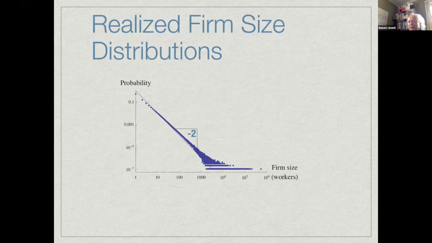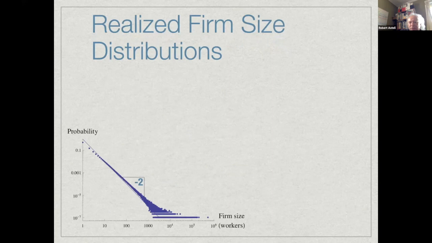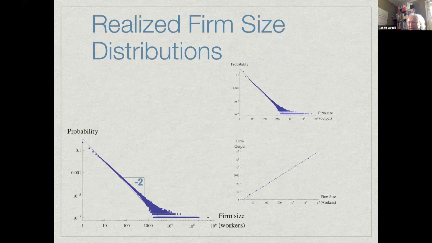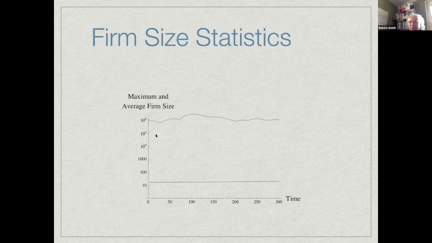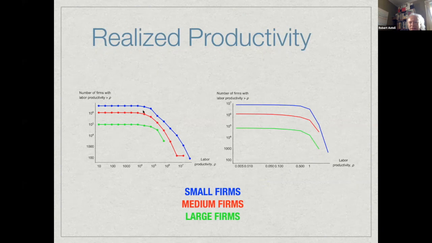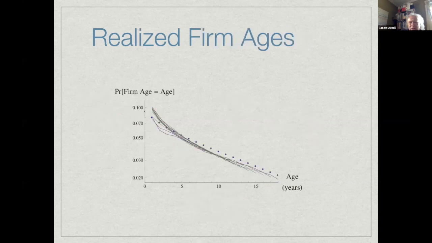This model, after extensive estimation and calibration, can produce the right distribution of firm sizes by workers and by output, and we get what we see in the real data, that output depends linearly on the amount of input we have. For example, we can get the biggest firm to be 1 million in size. That's what my cursor is showing here, and the average firm size is right around 20: 120 million workers and 6 million firms means the average firm size is 20. On the left is what the productivity distribution should be like. On the right is what we have coming out for small, medium, and large firms. Right shape, not exactly perfect, but it has the right qualitative behavior.